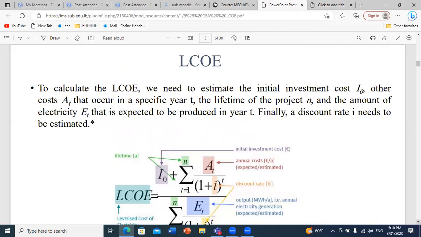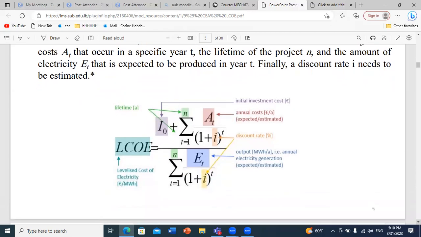So if we explore a little bit together this formula. In order to get the levelized cost of electricity, the unit will be a money currency unit, which can be euro, dollars, etc., per unit of generation, let's say in energy. So here megawatt hour, it can be kilowatt hour, it can be joule, etc. But in general we use megawatt hour or TOE, as we'll see after, because we have a large amount of electricity generation. So to calculate the LCOE, first we should compute, as we mentioned, the net present value, which is